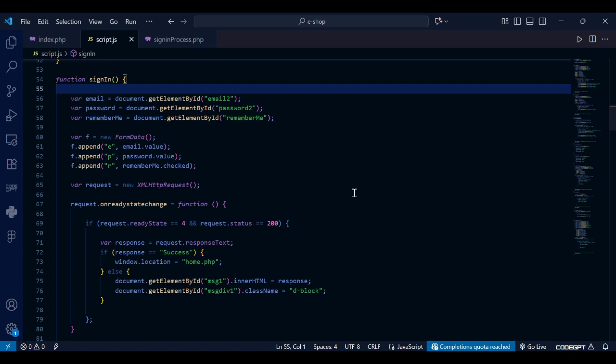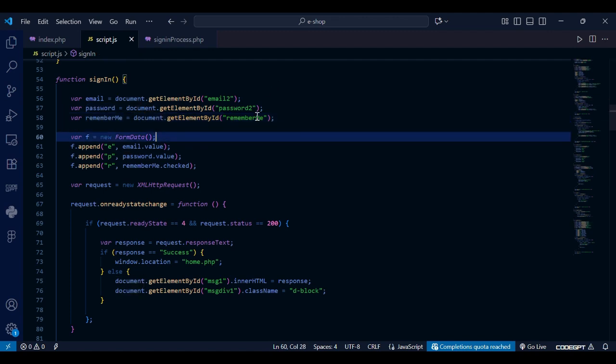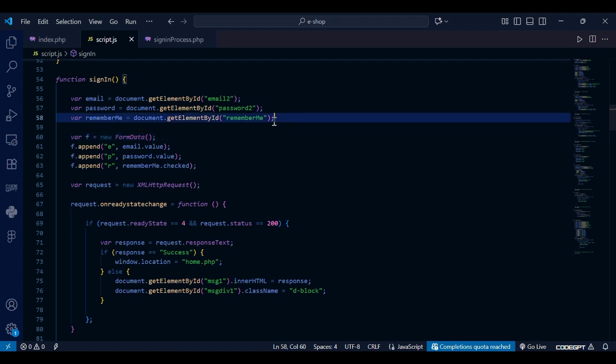When you give a password into the password field, JavaScript will catch it by the given ID, and then the value or the detail you gave will be stored in the variable called password. And then the remember me option is also the same. So as I told you, I'm not going to talk about this right now. And